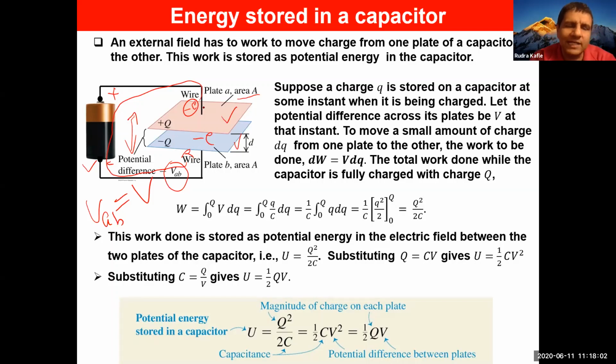Since electrons are removed from the upper plate, the charge developed in the upper plate is positive, and the same amount of charge with opposite sign will be developed in the lower plate. Okay, so that is how a capacitor is charged. One very important point is the amount of charge in the plates is the same. The magnitude is the same, right? Equal in amount, but one plate has positive charge and the other plate has negative charge. Equal in amount, but opposite in sign.